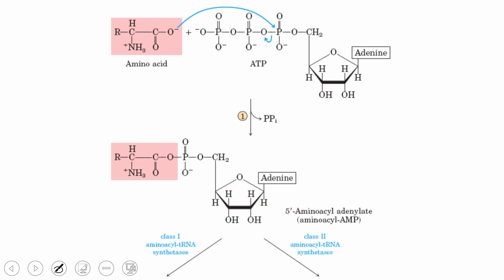ठीक है. अब जो आप पिक्चर यहाँ देखने वाले हैं, this is the first reaction of the activation process. In this activation process, this is the amino acyl, this amino acid is loaded on AMP portion. जो हमारा एंजाइम होता है amino acyl tRNA synthetase, that is of two types. We are having two classes of amino acyl tRNA synthetase.